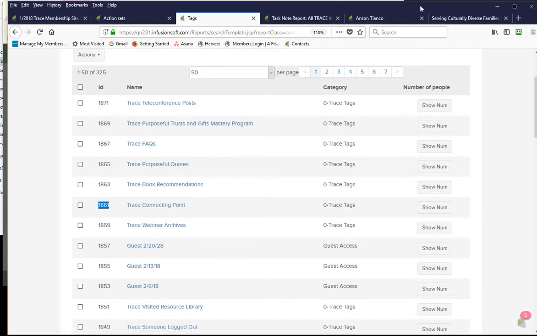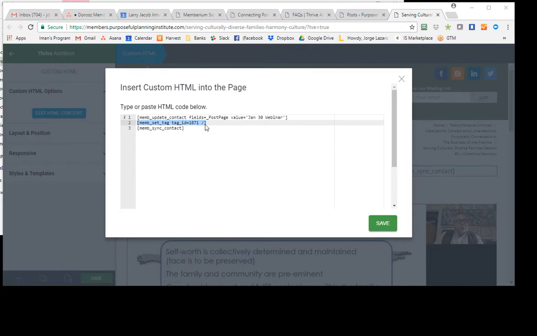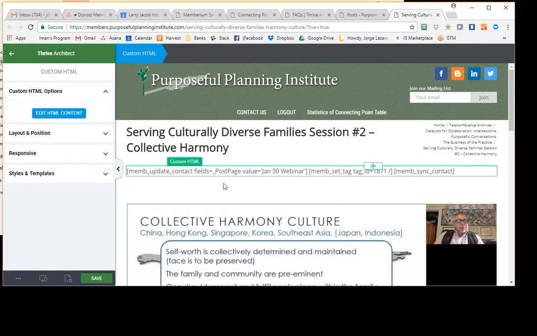a teleconference post. What we want to do with this is save a value, because we want to know which one it is, and we don't want the person building these pages to have to create a new event every time. So we have one event, and what we do is we store in a custom field the name of the page. The pages in our case are named by the date when they're published. And then after we fill that page out, we're doing a set tag, and then we're doing a sync contact record to make sure that it gets flushed into the Infusionsoft field